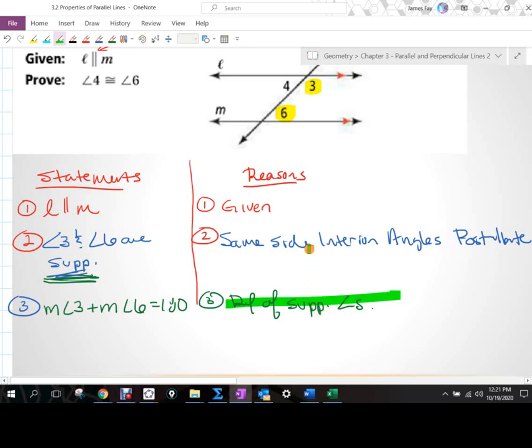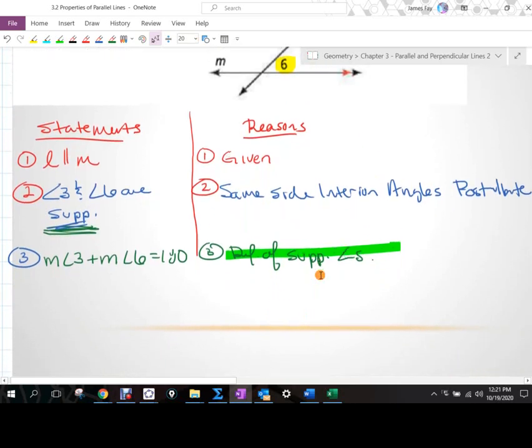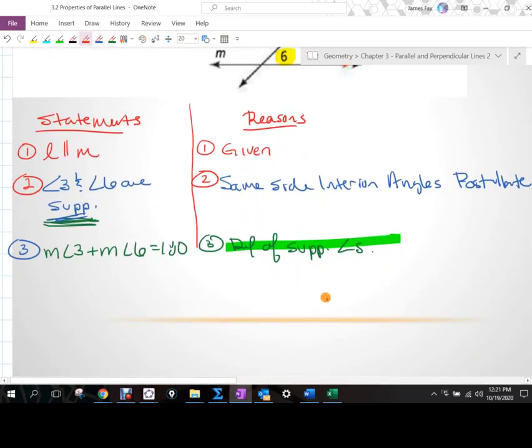Jagger, you said earlier that you don't like all these writings, right? You don't want to write all this stuff down. If I had you write the actual definition and what all the postulates said, you'd be writing forever, okay? So we like to shorten that kind of stuff up by just saying definition of supplementary angles. And assuming then if somebody doesn't know what that is, this is kind of like a roadmap for being able to show why something is the way it is, why